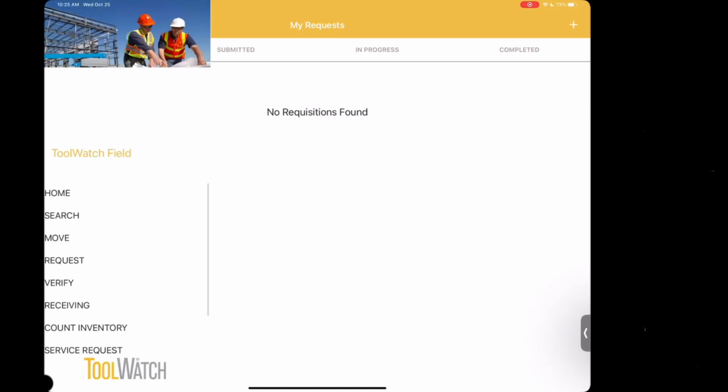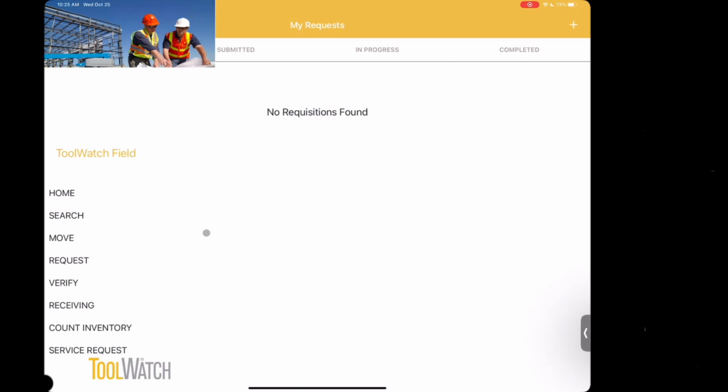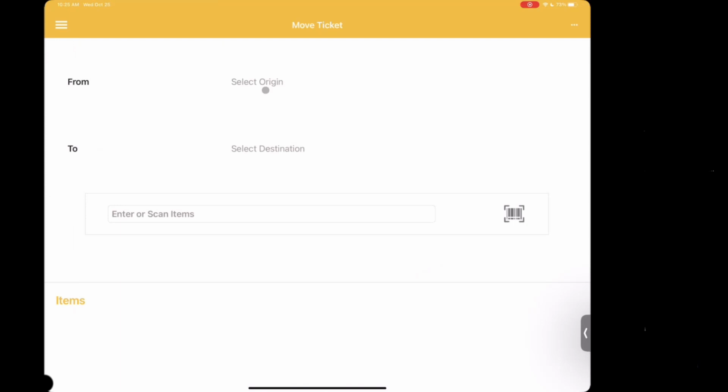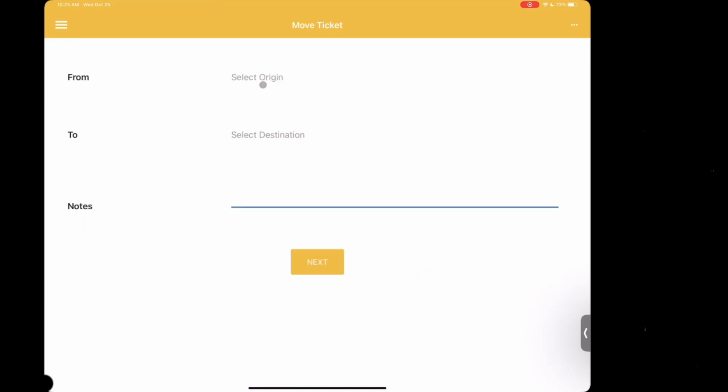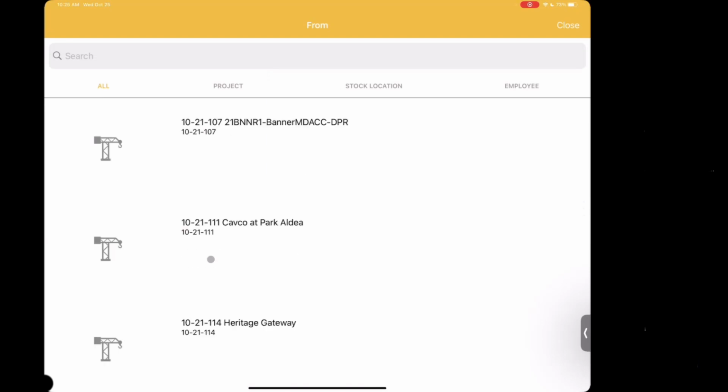And then for the return tickets, again, it's worded a little differently on the app. So this one on here is called a move ticket. Same thing, just moving it from either your job site to the tool crib or job site to job site. So from here, we'll do